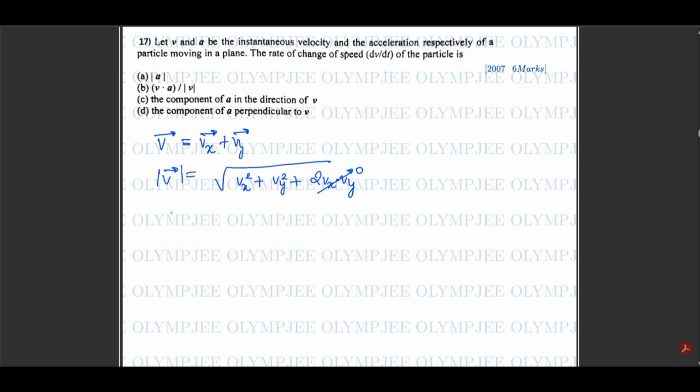Now we need to find the rate of change of speed. So we can square both sides, as we know that the square of the modulus is equal to the square of the vector. So if we differentiate this now,